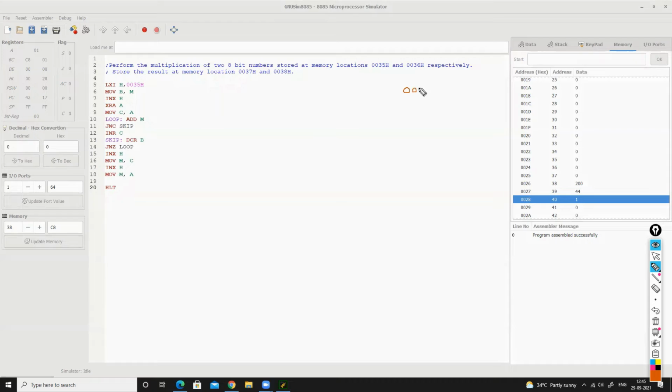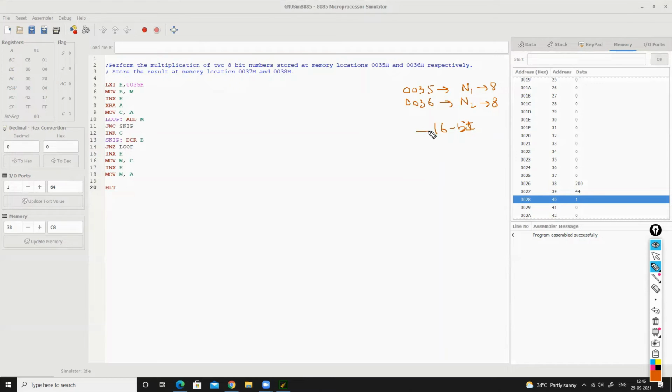So we have two numbers at these addresses: number 1, and at 0036 we have number 2. We have to perform the multiplication of these two. And you have to remember, this is 8-bit and this is also 8-bit, so whenever we perform the multiplication of two 8-bit numbers, the value can be stored in 16 bits.